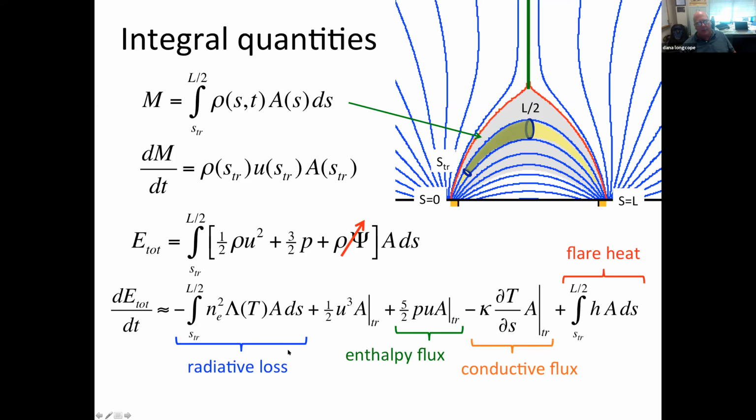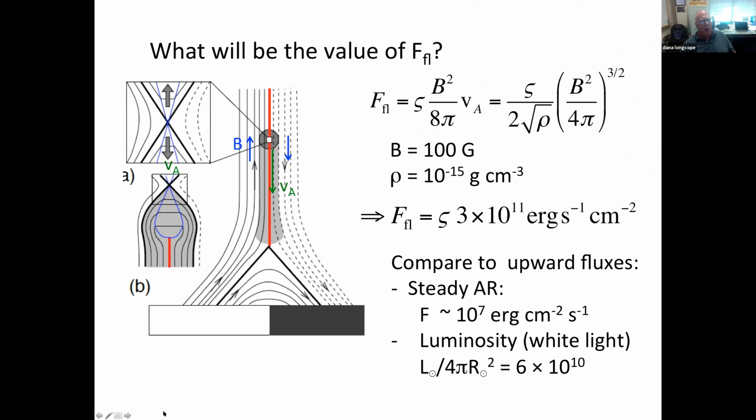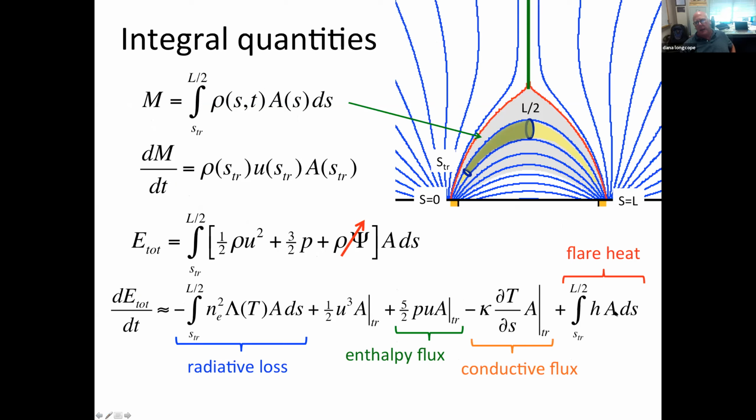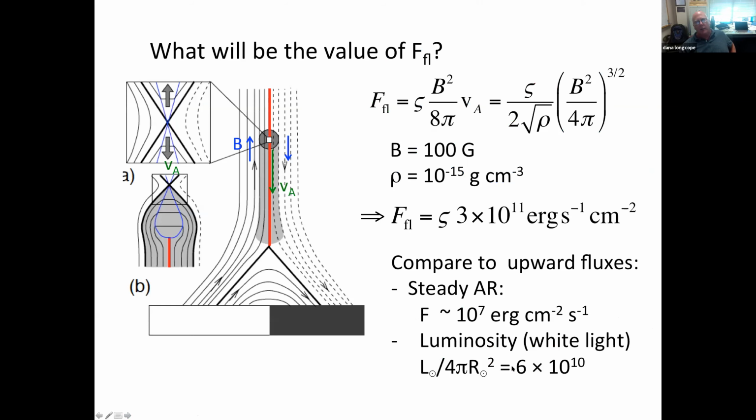Okay, so just a quick back of the envelope calculation. This is the input energy. It is the heating, but integrated over length. And I think I encouraged one of the groups when they found that H, which in your exercise was called epsilon, same thing. You integrate that over length and you'll get a flux. That is the amount of heat energy per centimeter squared. Here you're multiplying it by A, but that's going into this flare. We calculated the electromagnetic work. It turns out you can turn that into B squared over 8 pi. Zeta here is just meant as a